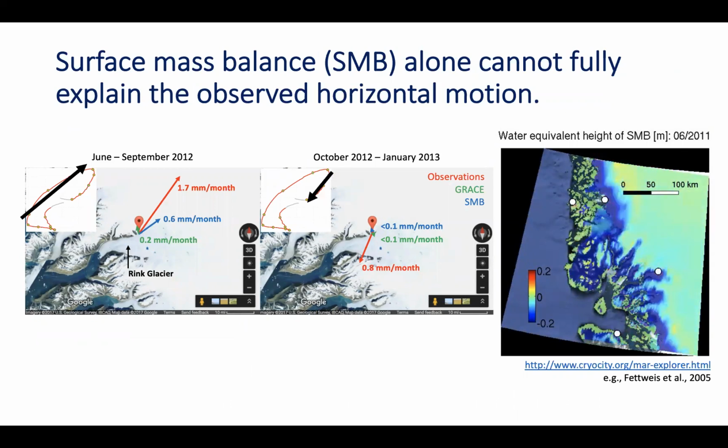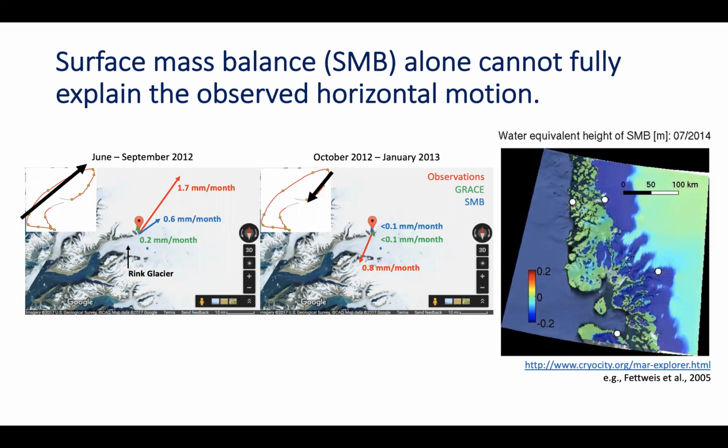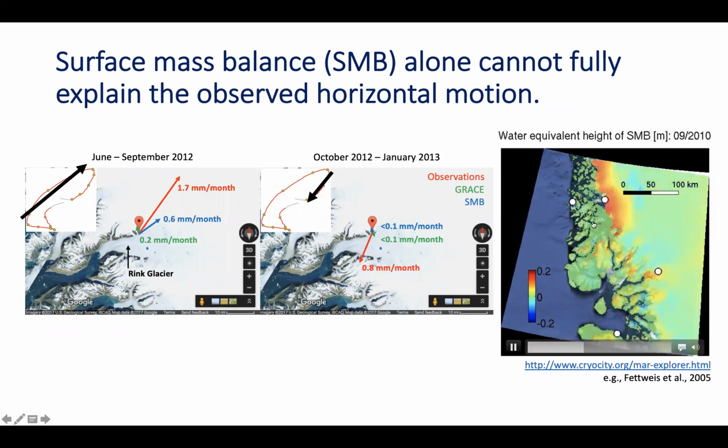The next thing we did was, for a relatively short time period, we can assume that surface mass balance can represent the total mass balance of the glacier. So SMB models capture the climatological processes such as precipitation, runoff, and evapotranspiration. And here is a high resolution SMB product, monthly data products again. And then we did a similar calculation. By the way, you could see the SMB products resolving the changes in mass along the glacier, not only in Ring Glacier, but in nearby glaciers as well.